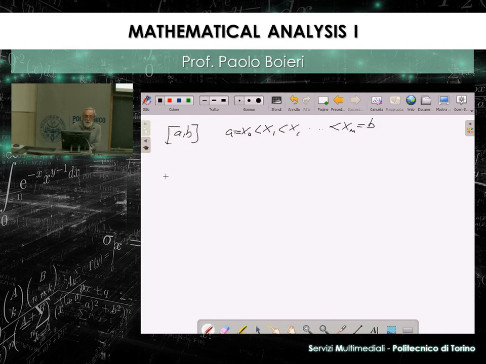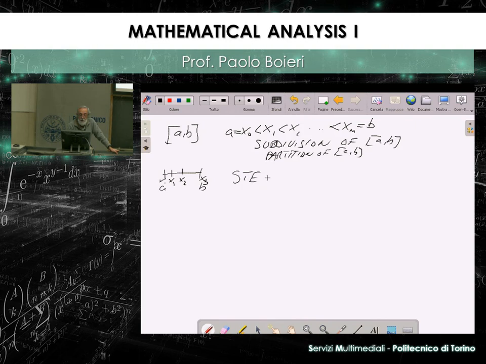When I do this, that is, given A, B, I choose points: x0 is A, xn is B. For instance, here I choose x1, x2, and x3 is B. This will be called a subdivision of my interval AB, or also a partition of AB. And a step function